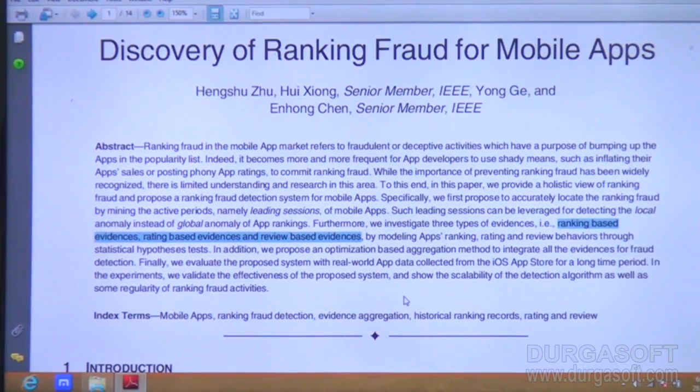Have you understood, guys? We are maintaining ranking based, rating based and review based evidences. That's all about ranking, rating and review. This is the main theme of the project.